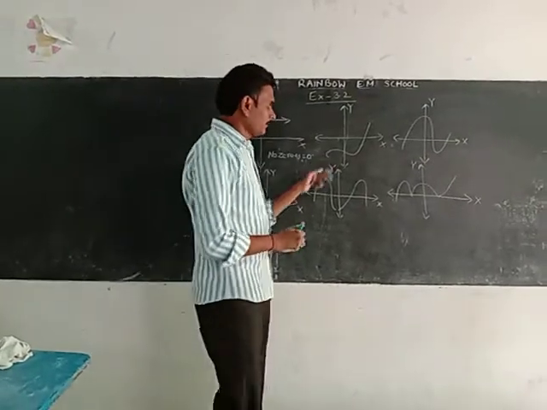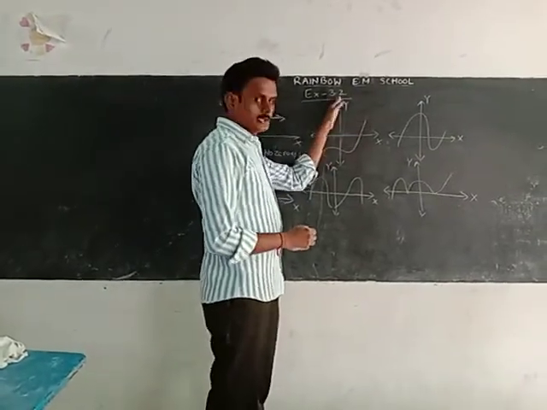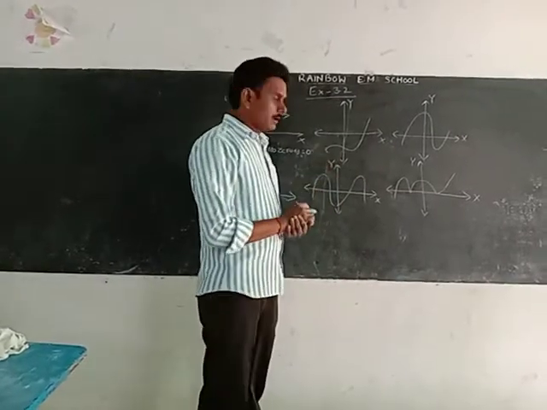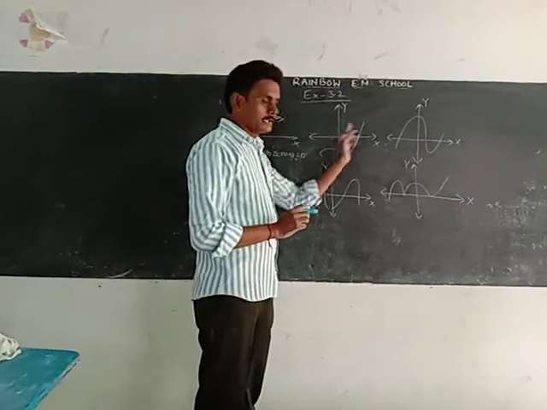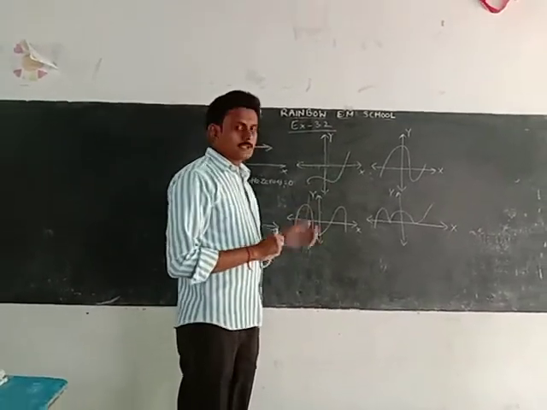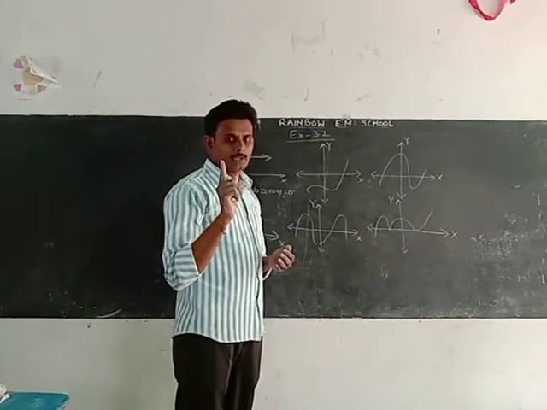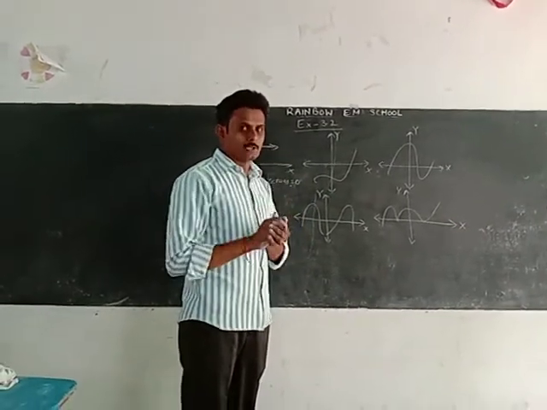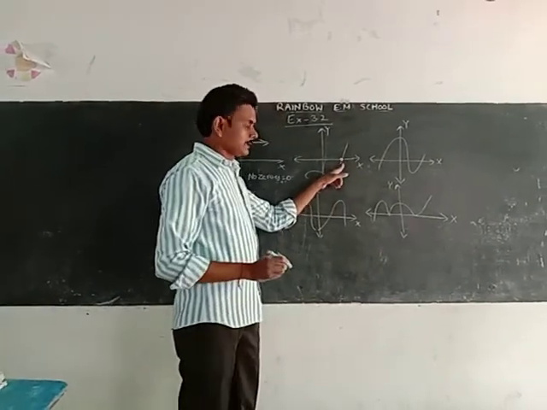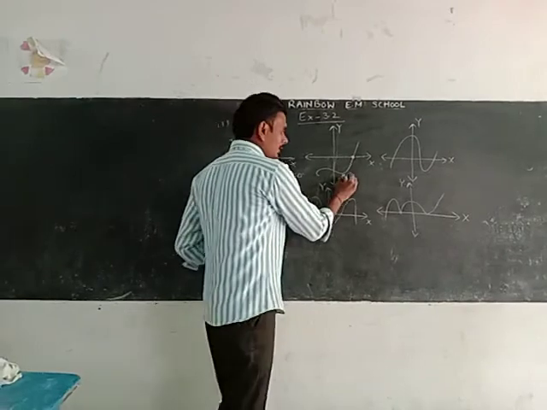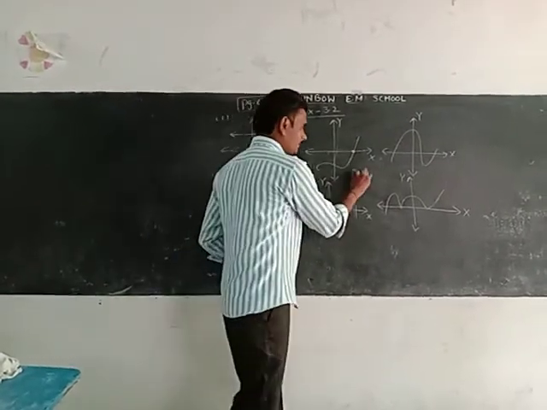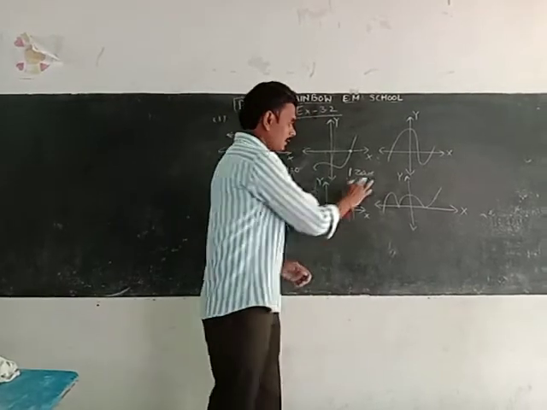For example, if this is the x-axis and y-axis, I draw a graph like this. Here this graph touches the y-axis and the x-axis, but our consideration is how many times it touches the x-axis. That only we have to take into consideration. This touches one time only. So number of zeros how many? 1 zero only is possible.